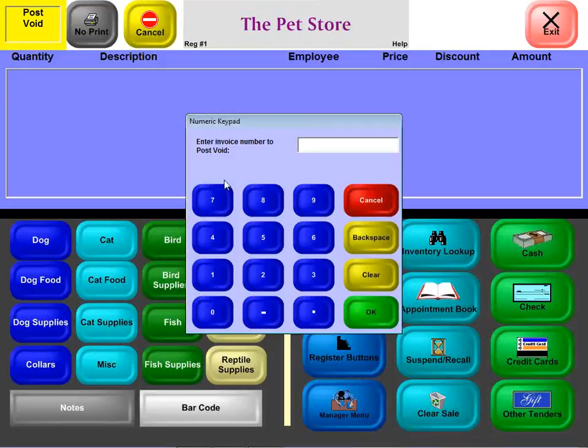Now we need to know the invoice number to post void. Remember, the correct one was 21. If I put in a number, for example, that doesn't exist, I get, well, hey, I can't find this, I can't post void it. Note that there are a variety of reasons why you might not be able to post void a sale. Let's start out, well, besides the obvious one that it never happened,